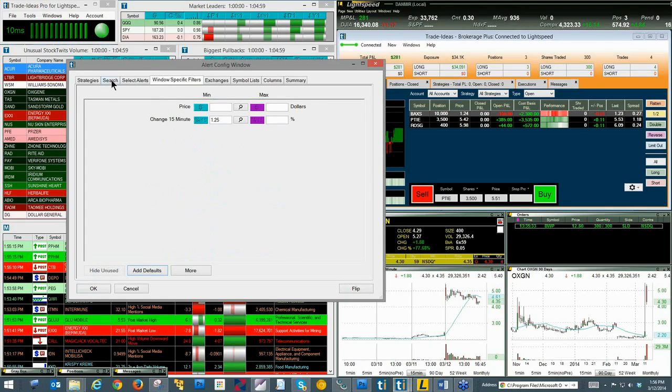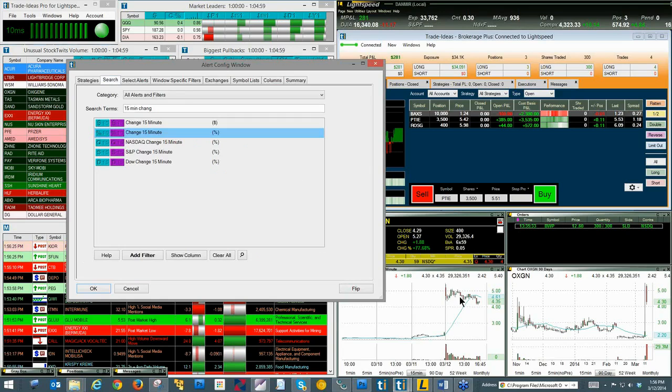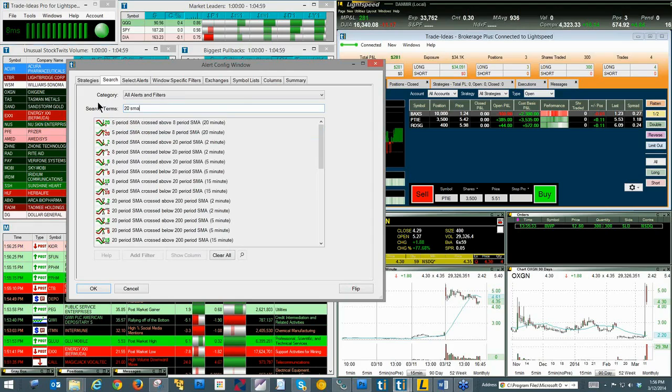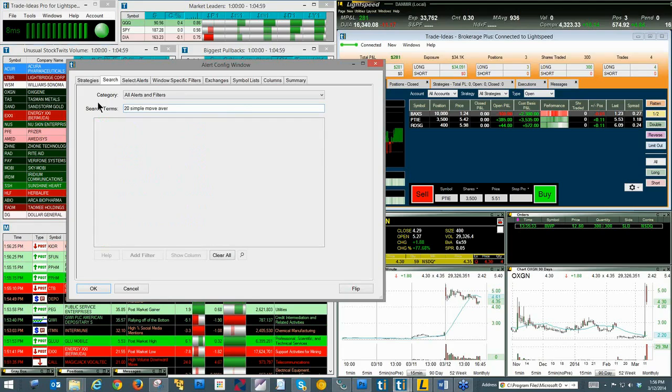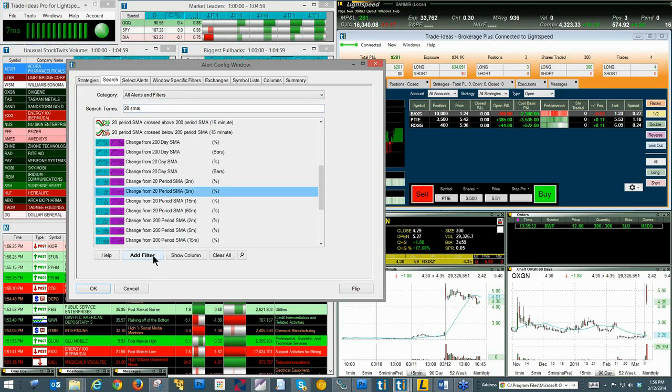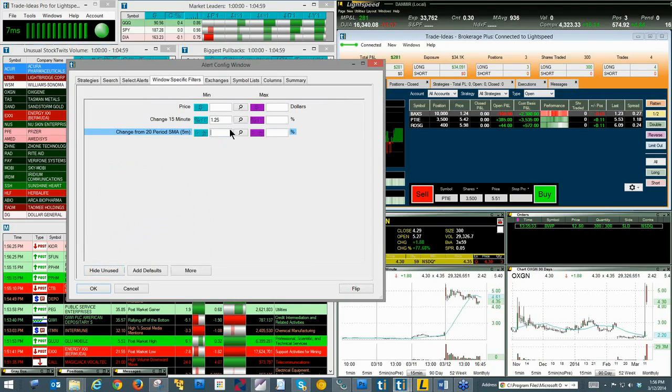Another filter that we want to do in a climactic move, a stock usually gets above that 20-period moving average. So let's go ahead and put a filter in there for the 20-period moving average. Find it with my fat fingers here. So we want to do this on a 5-minute chart, 20 period on a 5-minute chart. We're going to add that filter. In this case, let's say that stock needs to be at least 1% above that 20 period moving average on